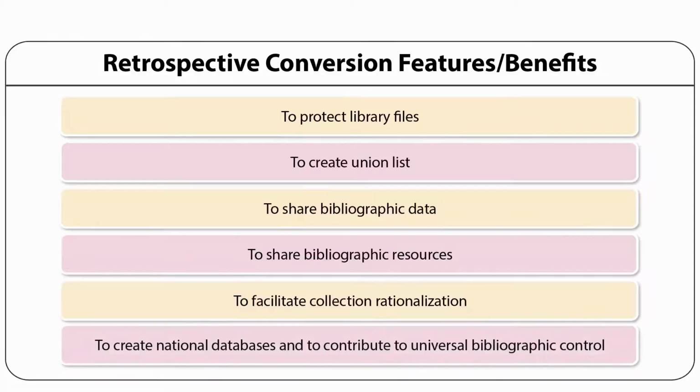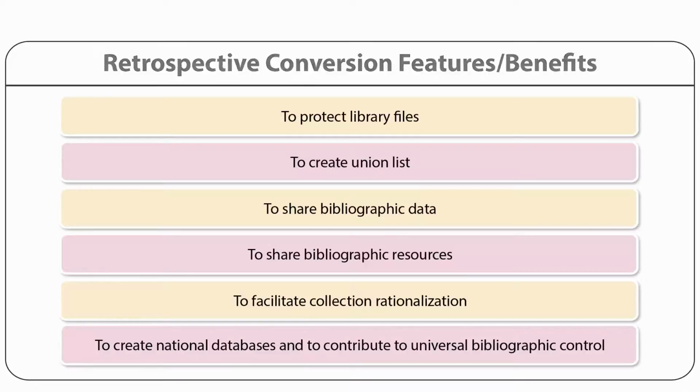To create national databases and to contribute to universal bibliographic control. Having the library's records in machine-readable format can extend the benefits beyond the local and regional arenas to the national and international. When libraries contribute cataloging to a larger pool, they are increasing the number of records available to all who use that pool. They are aiding the bibliographic control of items in their own area and also contribute to